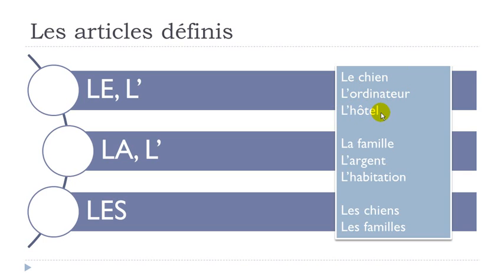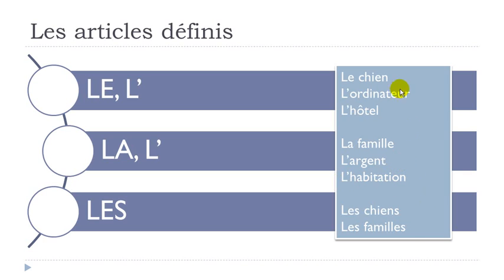So if we repeat them, le chien, l'ordinateur, and then l'hôtel, okay? Feminine form, la famille, okay? So no problem, so family, la famille, okay? Then we've got argent, money, argent, same for the same reason, so l'argent, okay, you get to take this away, l'argent, and same thing as previously, even if you've got this H, then the first sound you hear is A, so for the same reason you will have to take this A away, and then you get l'habitation,